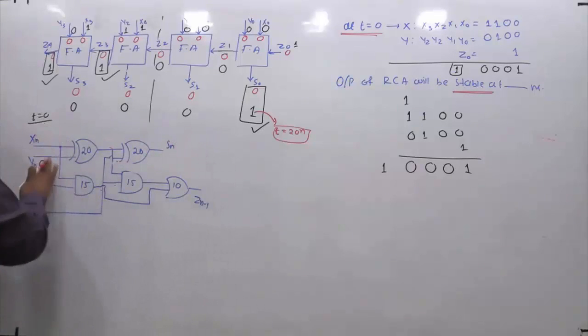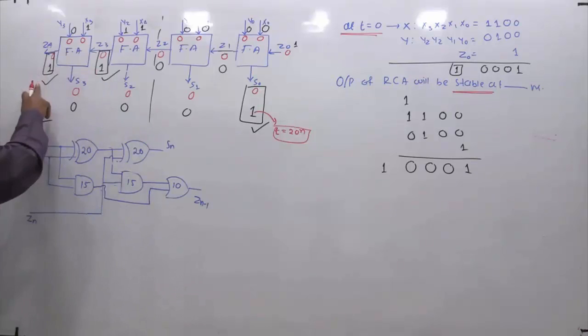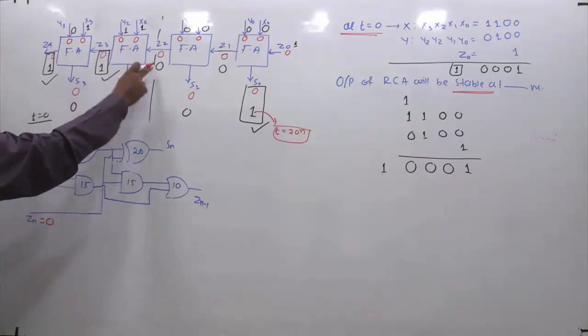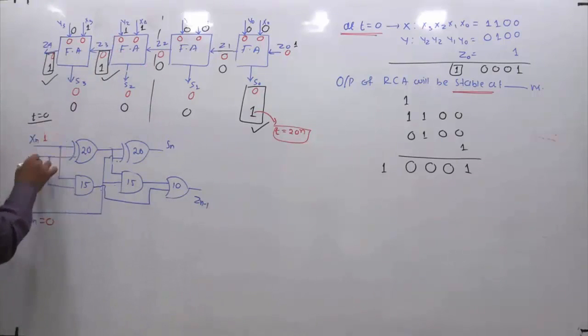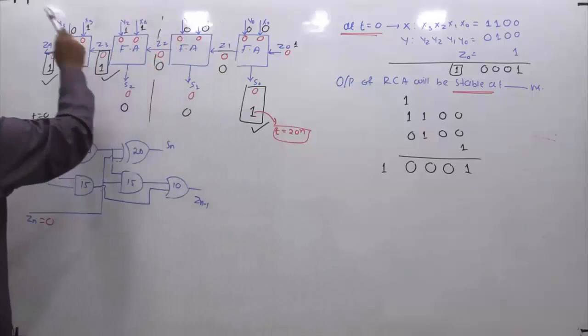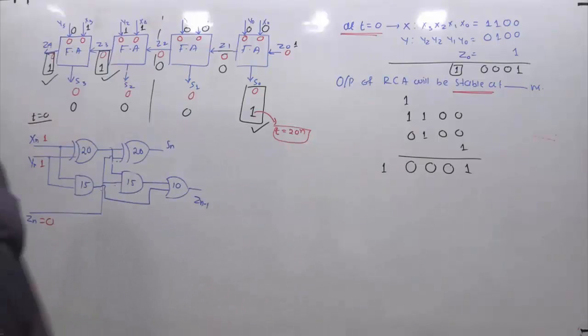Okay, so I am erasing all these. Now you see. Coming to this particular change, my target is to cover all these three. See what inputs you are giving to this adder: Zn equal to 0, Xn equals 1, Yn equals 1. Now the point is, you observe this carefully. All the bits x0, x1, x2, x3, y0, y1, y2, y3 you are applying simultaneously at t equal to 0 only.